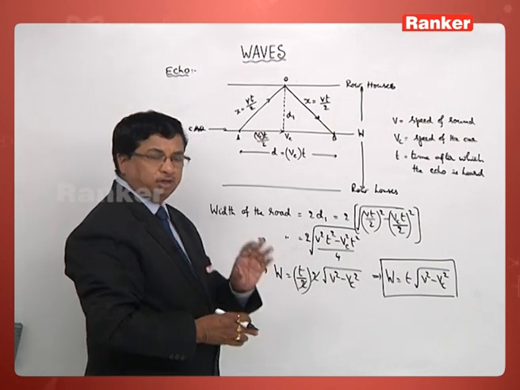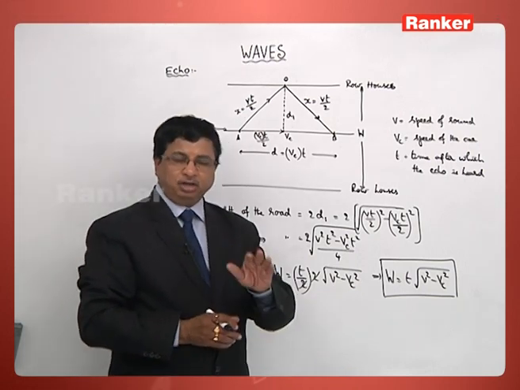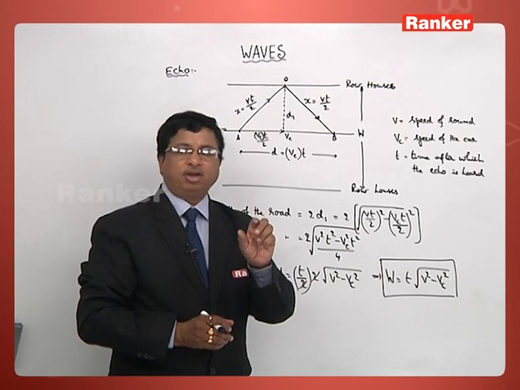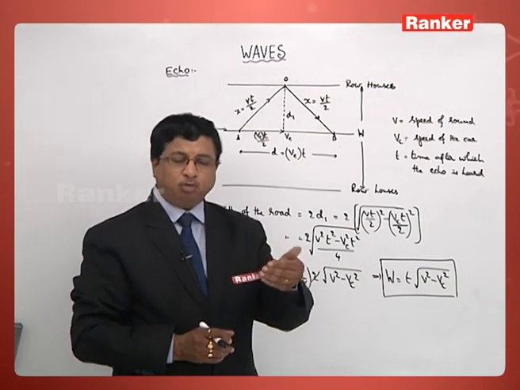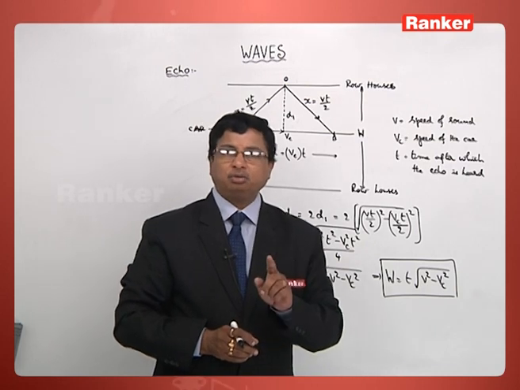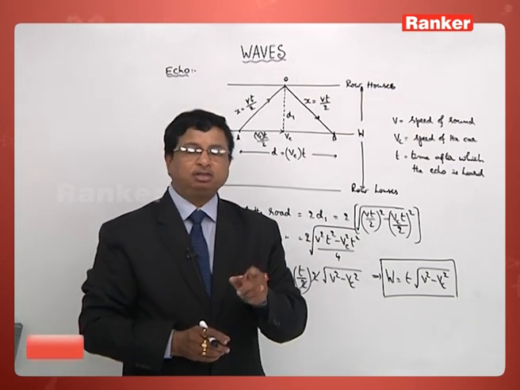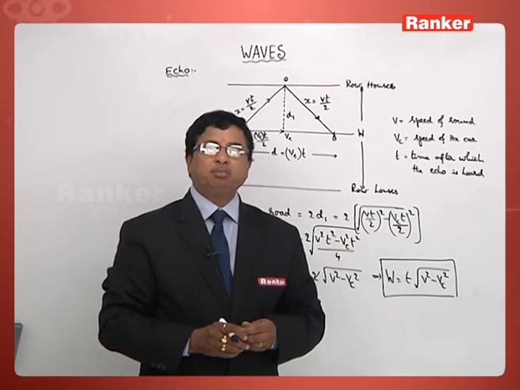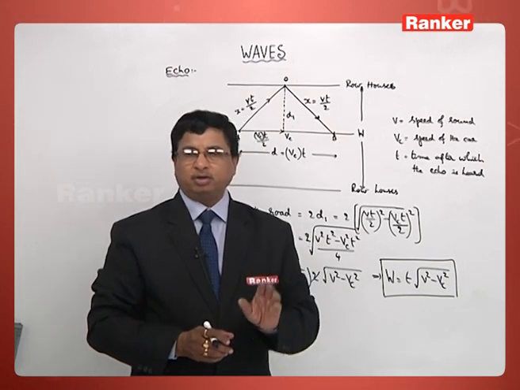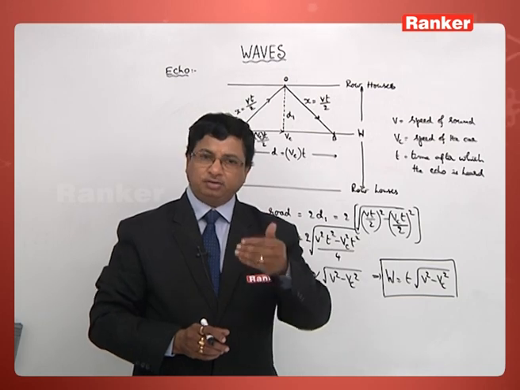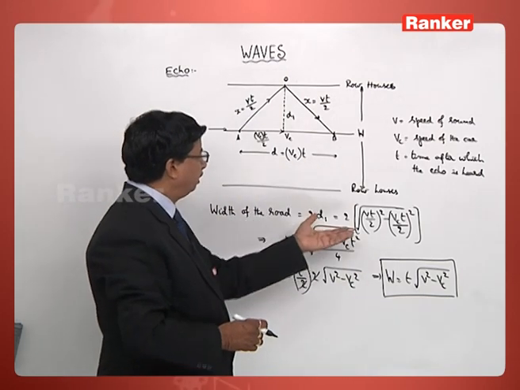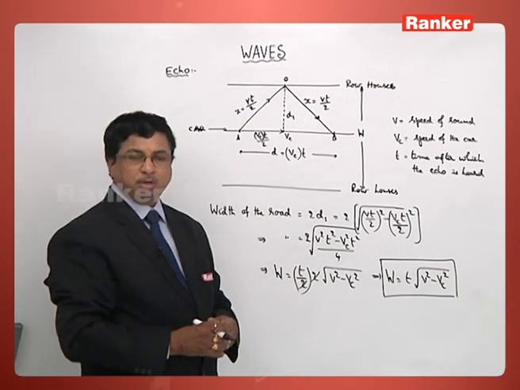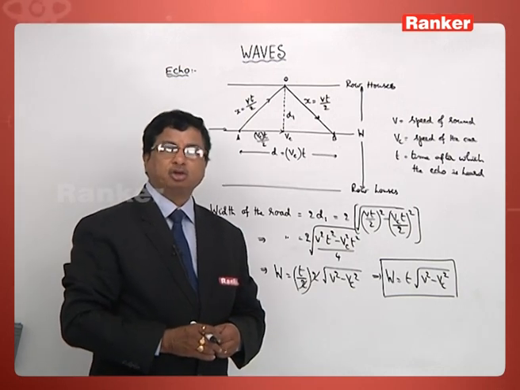So, whenever we take up echo, there are certain cases one should remember. One is the total distance travelled by sound before we can hear that echo, that is always going to be twice the distance between the source and the reflector. Then automatically the speed of sound V can be written as 2d by t. So one can understand that equation straight away, and based on that you can work out any application, let them give it in the form of a problem. So, these are the areas one should remember as far as the formation of an echo is concerned.